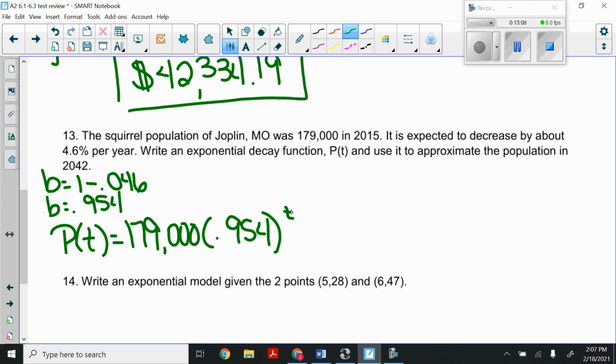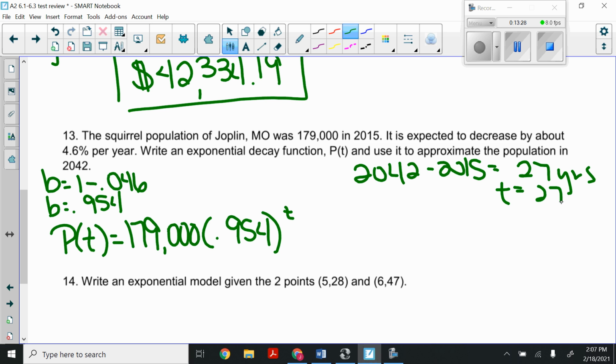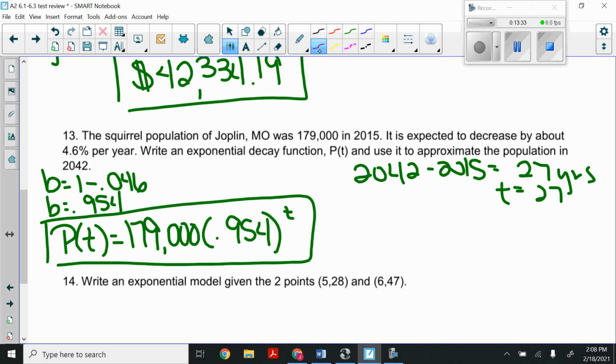So now we're going to use that to find out what was the population in 2042. So I just have to find out how much time between 2042 and 2015. So subtract 2015 from 2042, and we get that was 27 years. So our t is 27. Again, the equation itself was the first part of the problem. Now we're going to take that and plug in 27 to that t and find that the population was approximately